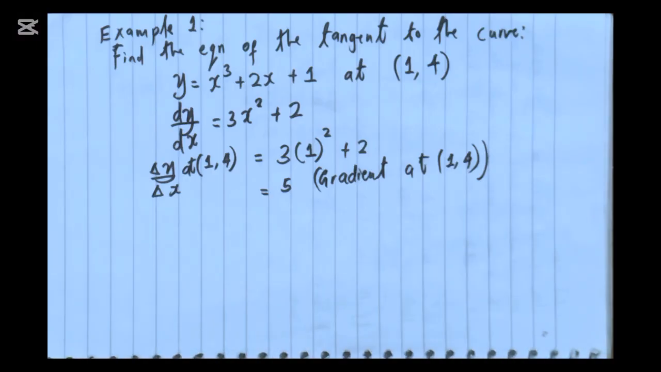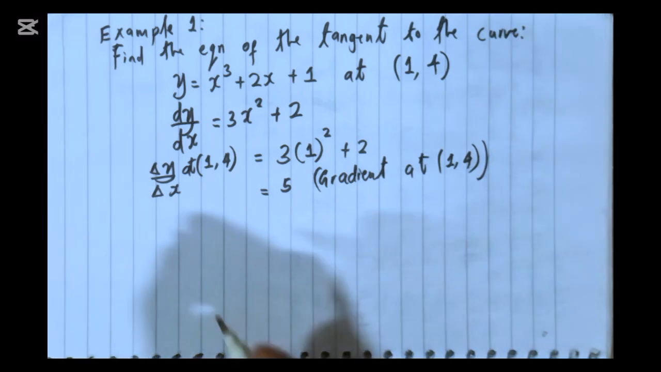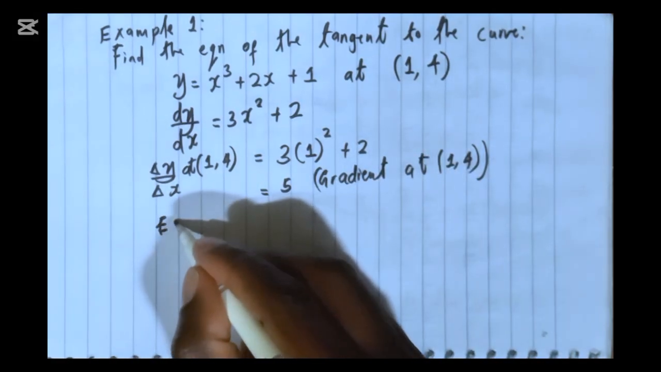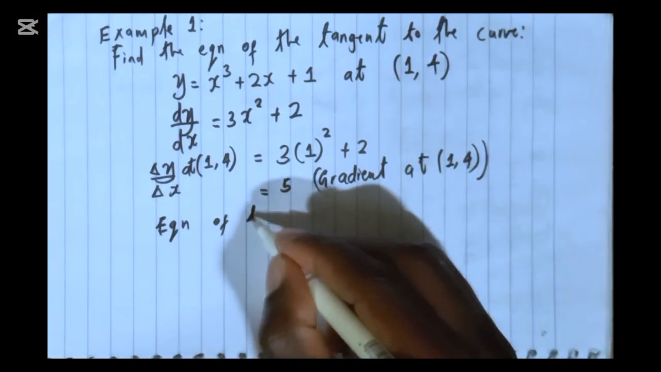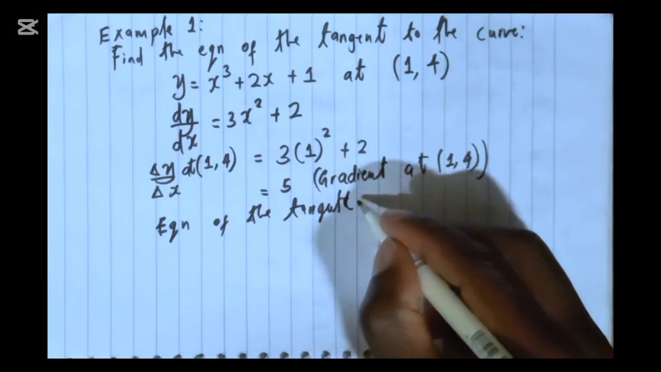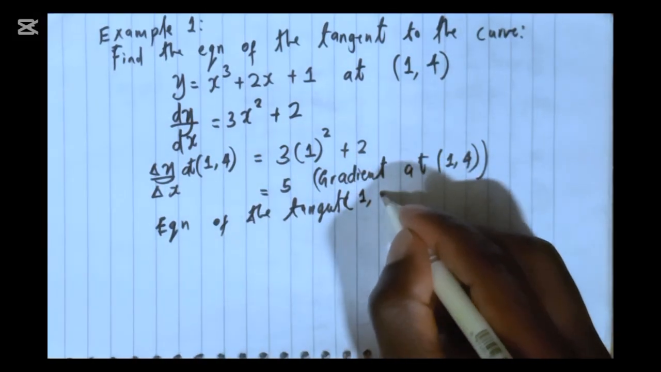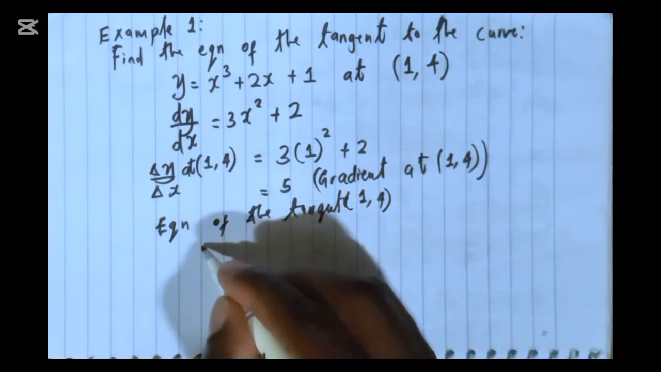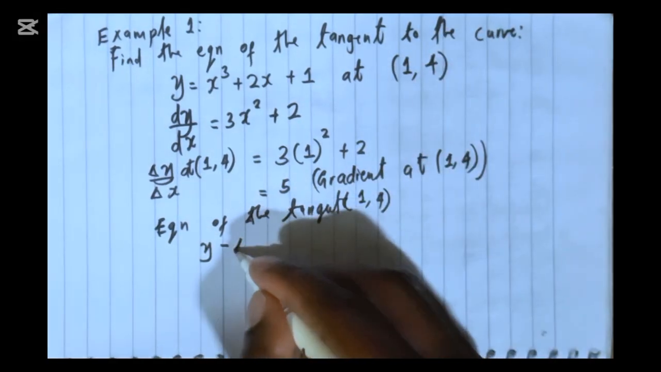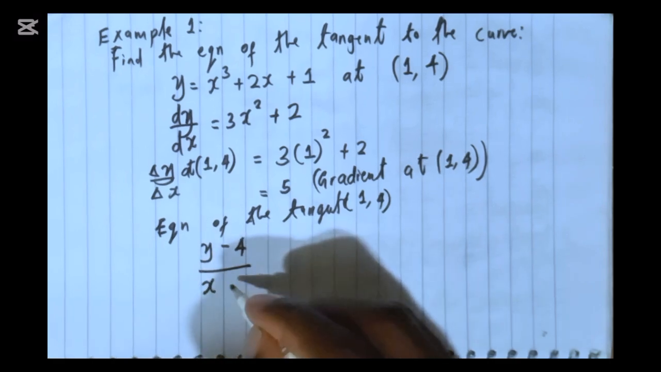So basically, if you don't have a proper understanding of this, I'll be dropping a video on the gradient of straight lines, so it will be easy to relate to this afterwards. So basically, the equation of the tangent at (1, 4) will be (y minus 4) all over (x minus 1)